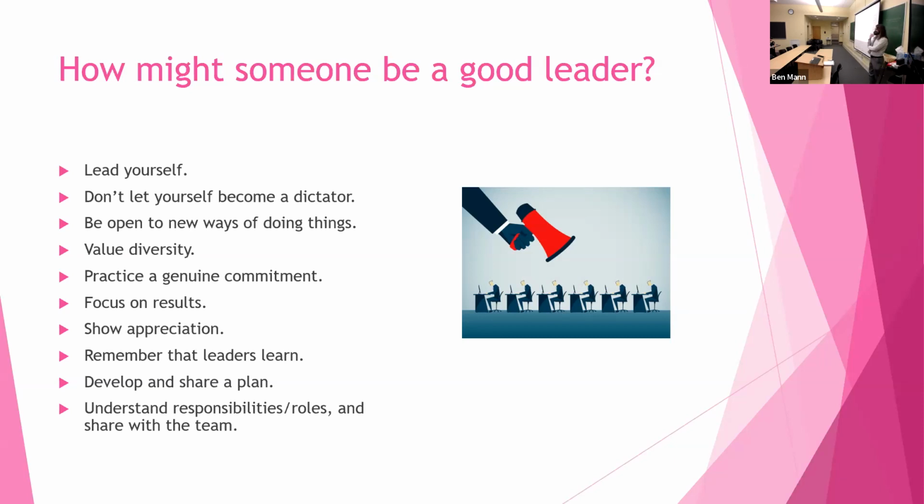Creating a plan. That could be including something like an agenda, where you really clearly write out and explain what you're going to do in that meeting. And then lastly, understanding the roles and responsibilities and areas that members of your group have that they can focus on. Again, if you have somebody that likes to work alone and is really good at technology, great, have them work on the section of the project. Maybe you have two people who are really chatty with each other, and so you break them up for a smaller group assignment. That's an example of using some of those roles as you're working with the group.